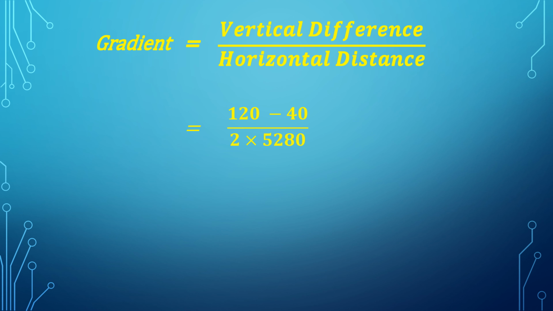And to do this, we now have to multiply our 2 miles by 5,280 feet, because 1 mile is equal to 5,280 feet. Therefore, we multiply our 2 miles by 5,280 feet to convert it into feet, which will give us a vertical difference of 80 all over the horizontal distance of